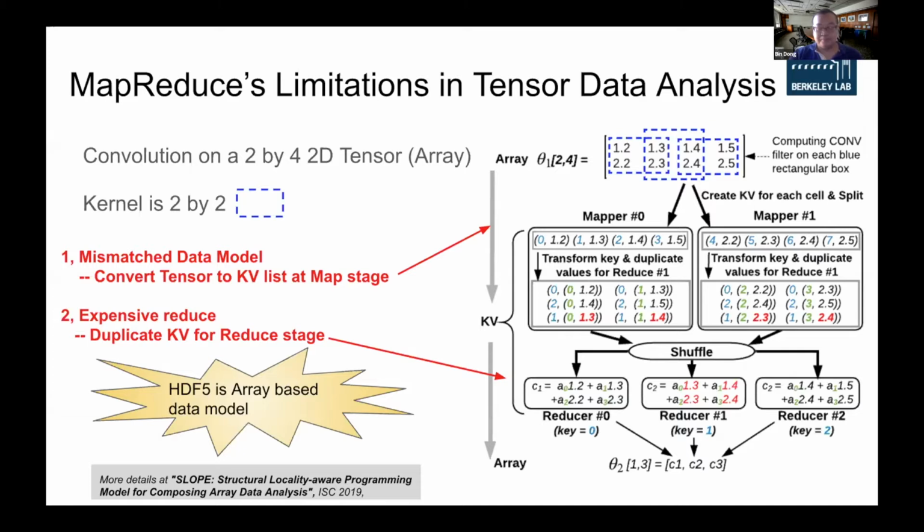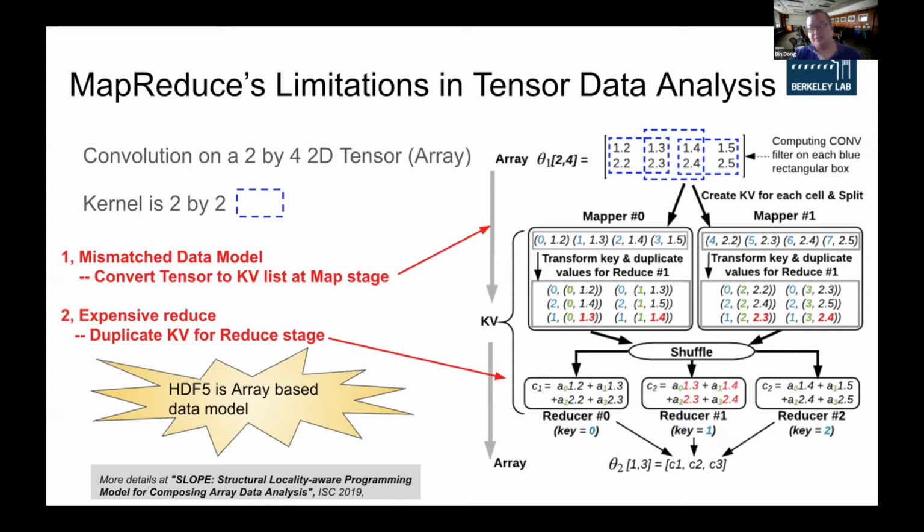In order to use MapReduce to perform this convolution computing, you need to first convert your array into key-value pairs, as I mentioned before. In this conversion, you need to deal with lots of